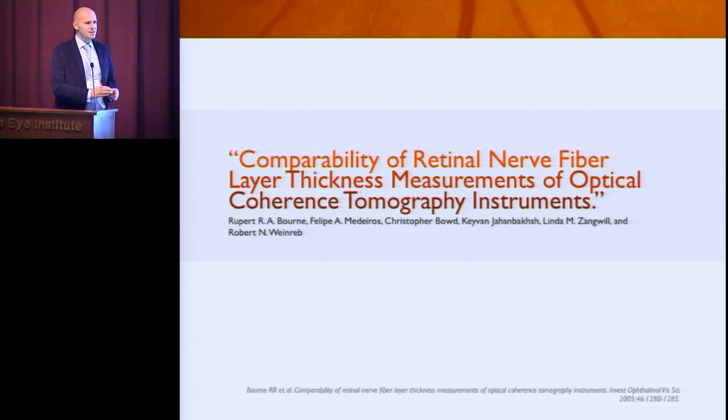fiber layer thickness measurements between two versions of the same instrument, that is an OCT. And they found that even using a correction factor, the agreement between the two instruments was low. So if this problem was illustrated here, the question is, what will happen when entirely new technologies replace the existing